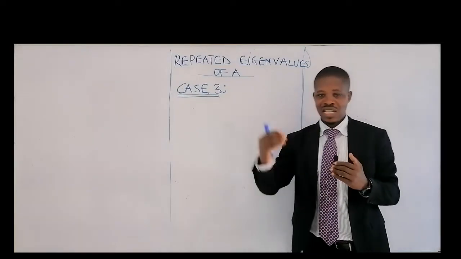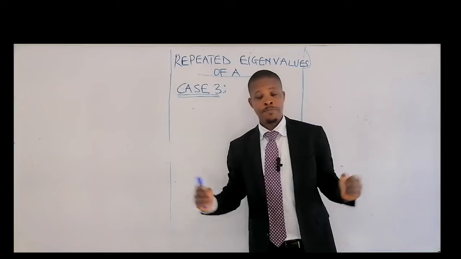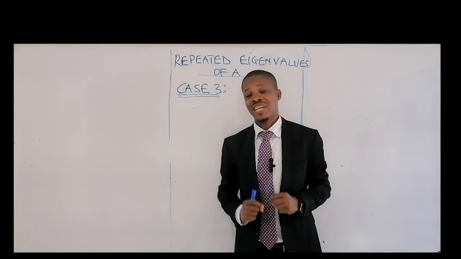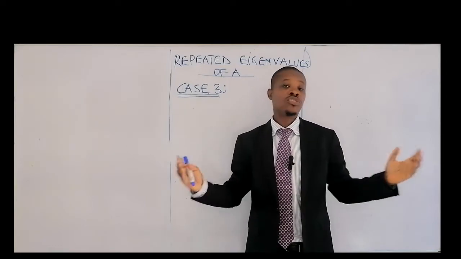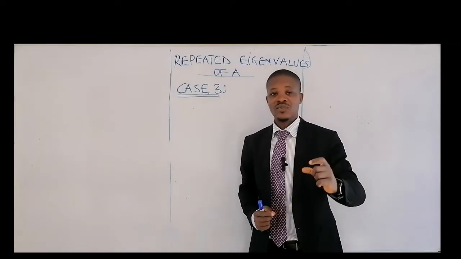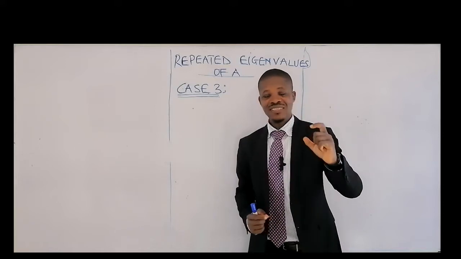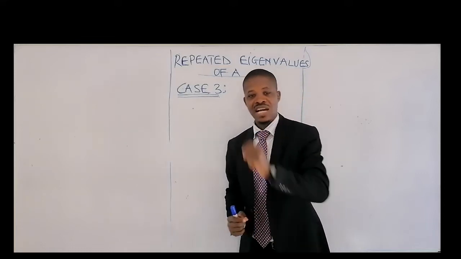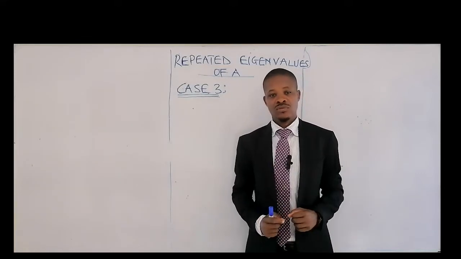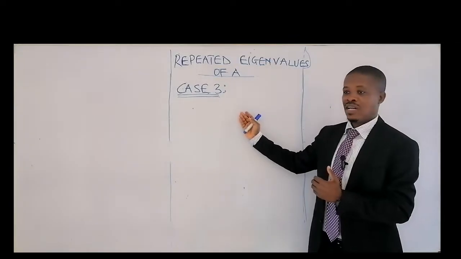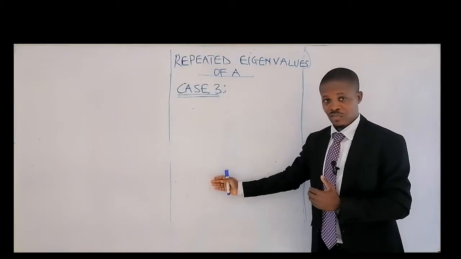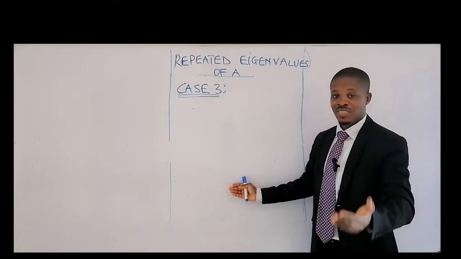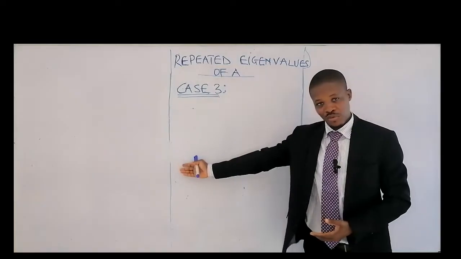I mean, r1, r2, r3 are the same, but it produces just one eigenvector. In that case, what do you do? We find the generalized eigenvector u2 and the third eigenvector, and we have the steps to be taken. So please, let's dive in and see what happens for an eigenvalue repeated 3 times and what the general solutions are.